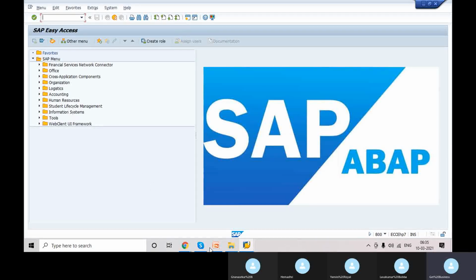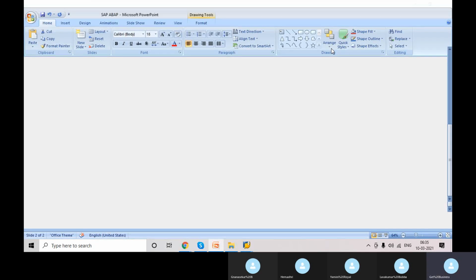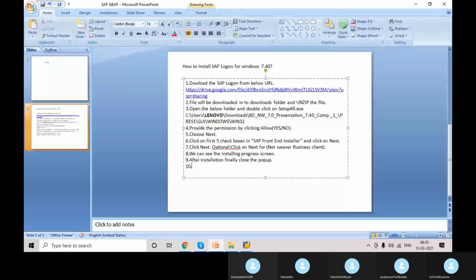Okay, so I'll go to the document. This is the installation. After installation, finally close the pop-up and add the server details in SAP logon by clicking the new item.